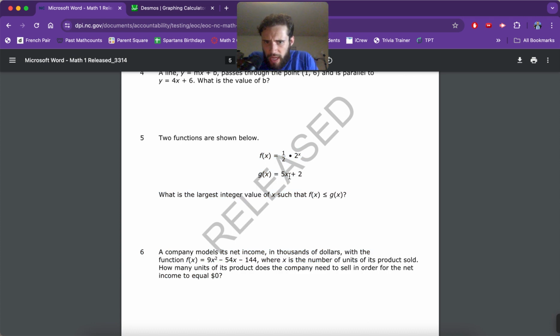So it starts when x is 1, or I guess you could start at 0 technically, but we know it's going to be probably bigger than 1 or 0. So when x is 1, you have 5 times 1 is 5, plus 2 is 7. So for g of x, let's see, g would be like that. For g of x, it would start at 7, which is higher than 1, and then it goes up 5 each time. So it'll go to 12,